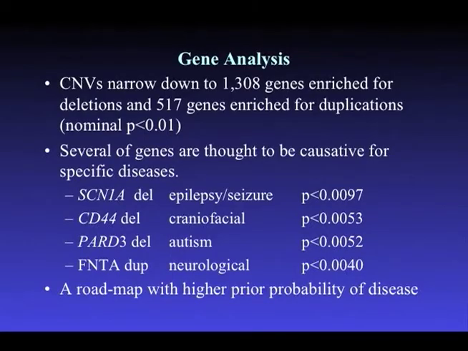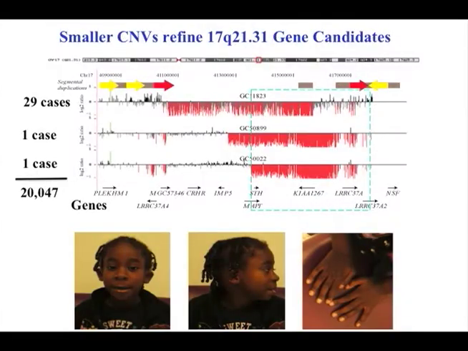So what about the genes? Can we get at the genes? So at the end of the day, we get all these candidates that come up from the CNV analysis, and what's great about the CNV work is that it actually produces a prior, kind of a roadmap for potential candidate genes. So depending on how we do this math, it is either 940 or 1300, somewhere in that range. And in some cases, we get lucky, and we're able to essentially refine the breakpoints. So this is that 17q21 deletion syndrome that I showed you before, showing you here the deletion, the duplications that are flanking the region, and the deletion that takes out these roughly 9 genes.